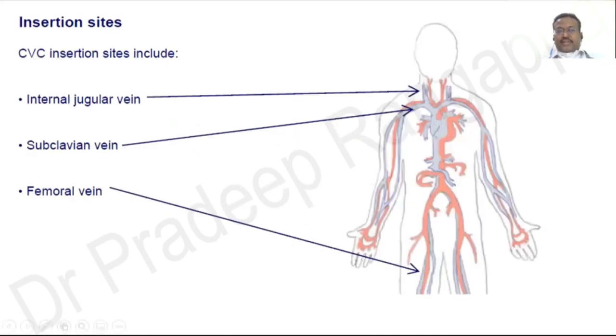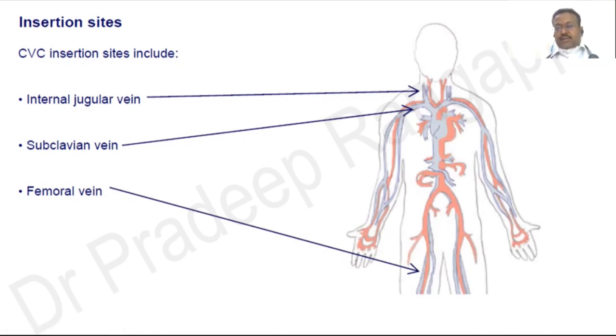So when you look at the insertion sites, you basically have three insertion sites for a dialysis catheter. The most commonly used one would be the internal jugular vein, and in emergency and in some instances, we would use femoral in many of the cases, and then move over to IJV as and when the patient gets stabilized. And when you look at the subclavian vein, this is seldom used because there is a risk of the vein getting stenosed. And most of the time, you need to have a good subclavian flow for the AV fistula that one does later on for good blood flow. So that's why subclavian is kept as a last resort.